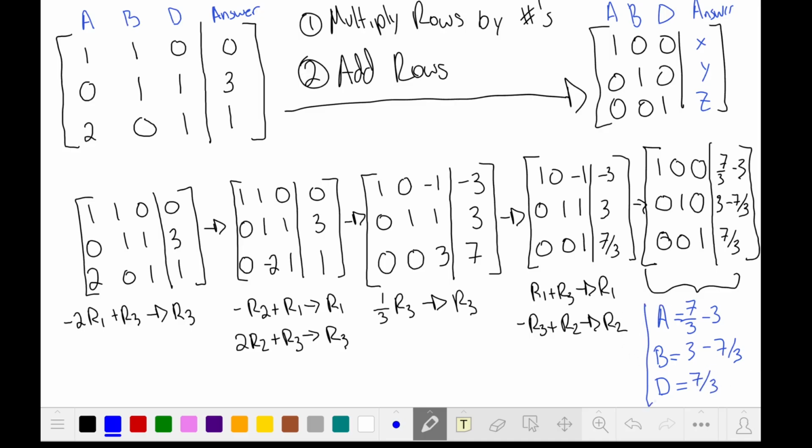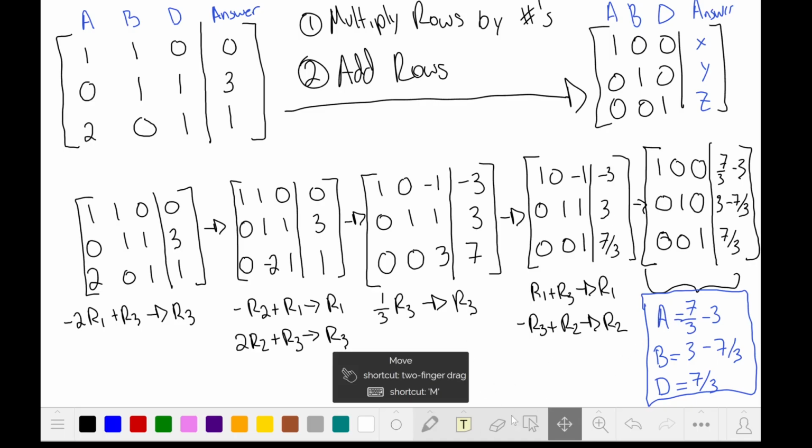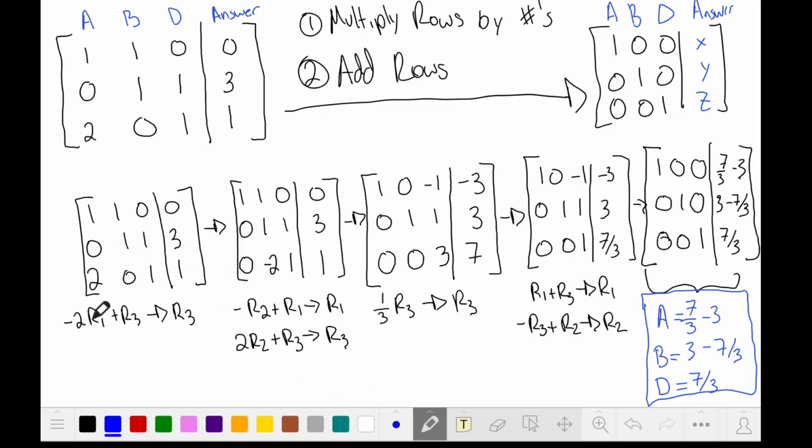So just like that, we could simplify the fraction subtractions a little bit if we wanted to. You can always check out the fractions video if you feel a little unsure about that. But basically, at this point, we have solved for the three variables. So instead of doing a bunch of substitution, what we did was we just multiplied numbers and then added them together. So we can get rid of the substitutions if you don't like to do substitutions, so that whenever we solve a system of linear equations, we can rewrite